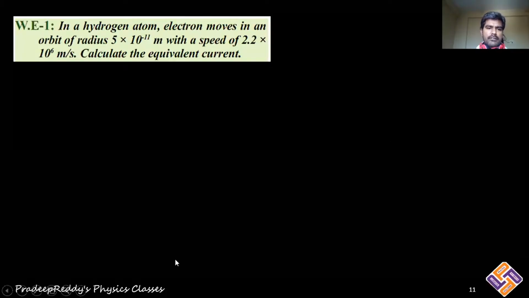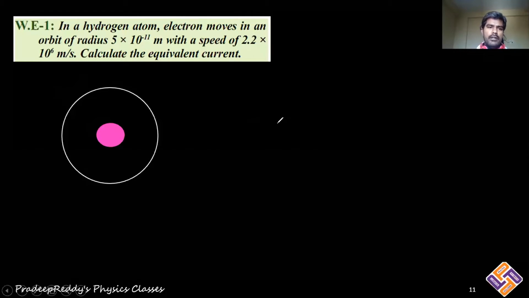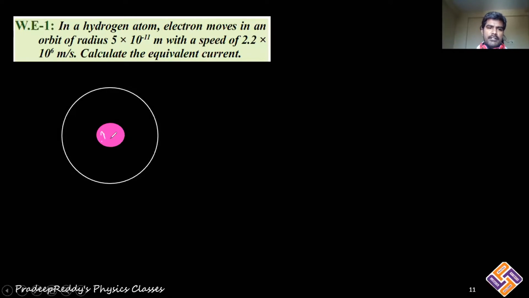Coming to the next question, students, we have in a hydrogen atom, an electron moves in an orbit of radius 5 into 10 power minus 10 meter. So there is an electron which is revolving around a hydrogen. In a hydrogen atom, the electron is revolving. And as we know, definitely there is a nucleus. Here is the nucleus. In the case of hydrogen, there is one single proton and a single electron. Therefore, here it is the nucleus. This nucleus has one proton. Electron will be revolving around the nucleus. And there is one electron here.